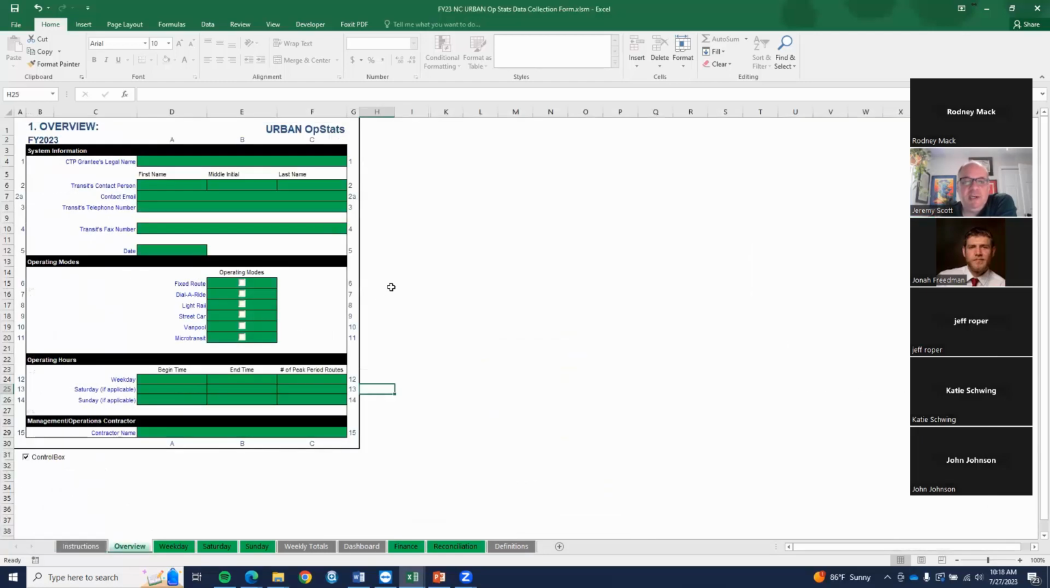And then on the overview tab, this is where you start to fill in the information. This is your system information section. You've got the drop down, and you'll see your list of transit systems here. So we'll need to actually add in Apex. You're not in here yet. So we'll need to get a system ID set up for you in our system, and then we'll add you